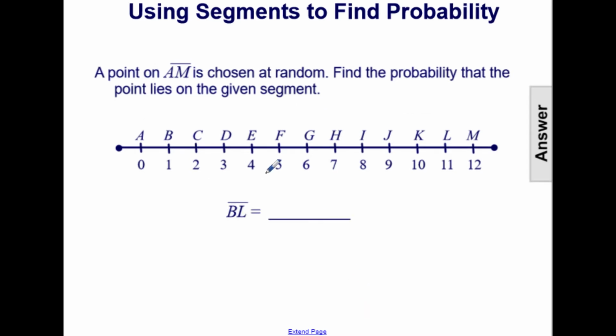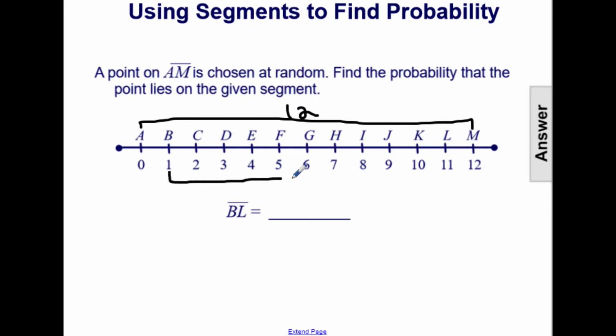Finally, let's look at the example where we're finding the probability with the segment AM that a point chosen at random lies on segment BL. AM, again, is our total length of 12. BL goes from 1 to 11, so we have a length of 10. So our probability would be the length of BL over the length of AM. So we would have 10 over 12, which reduces to 5 over 6. So 5 over 6, or if we want a decimal, 0.83,